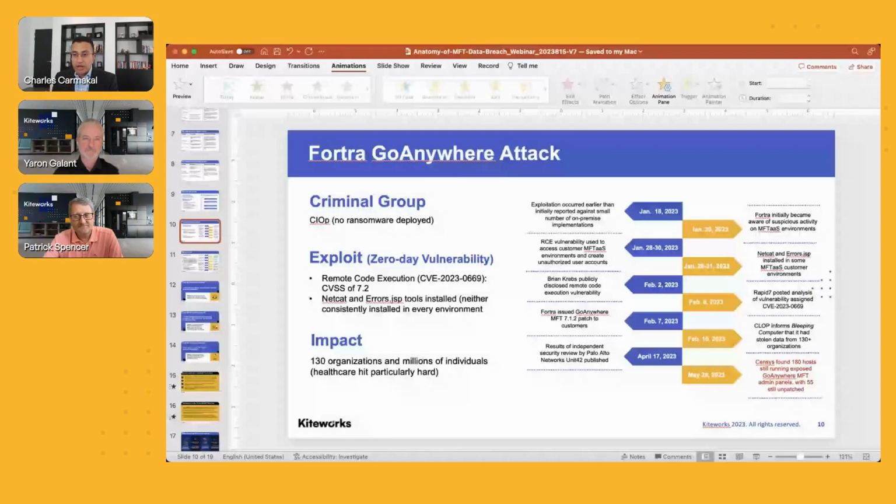So this time around, the threat actor decided to engage a call center to reach out over the telephone to call a number of employees of the organization and say, hey, we've hacked into your organization and we're extorting you. You need to go to this website to communicate with us or email us at this particular email address. And so that's one way that they were able to get in contact with some of their victims.